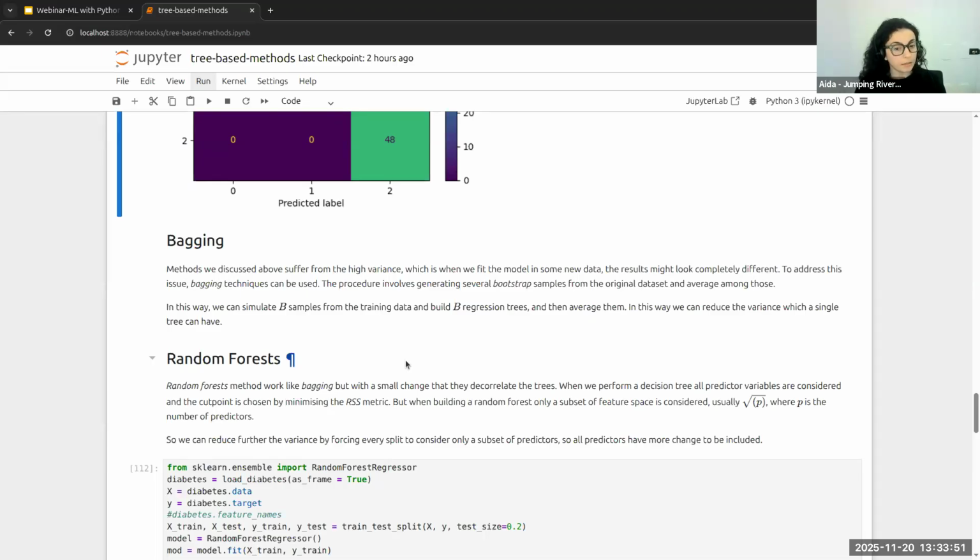And this can be done by a procedure called bootstrap, right?